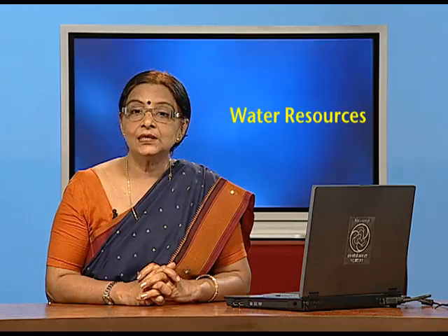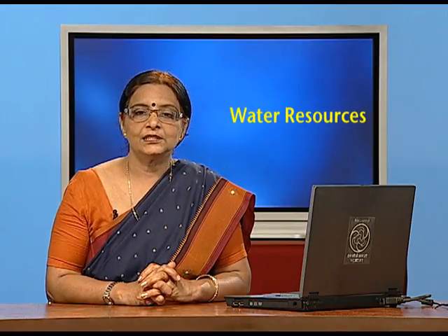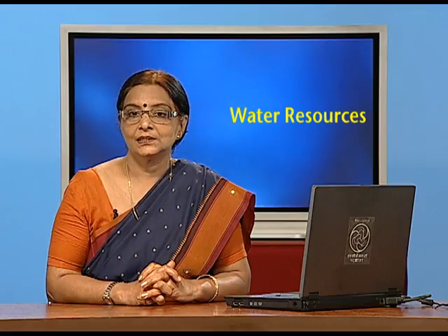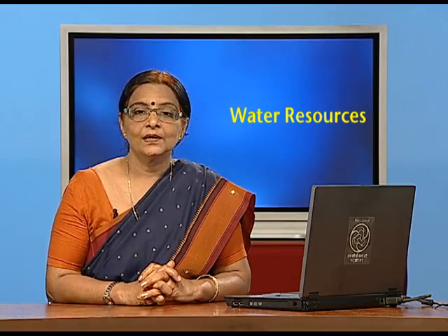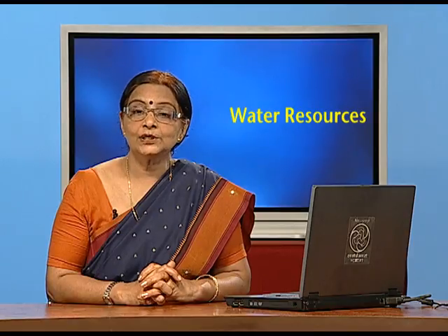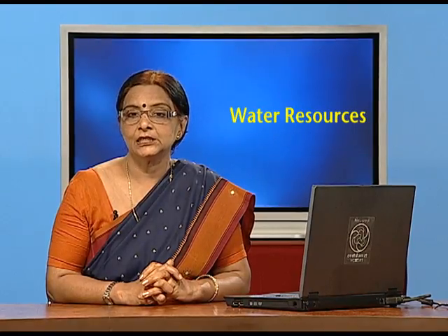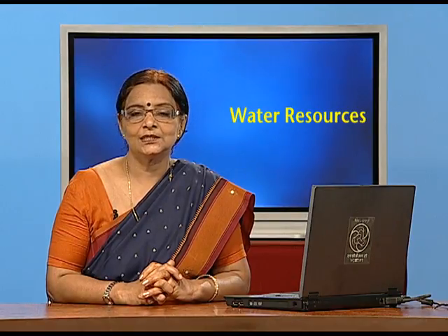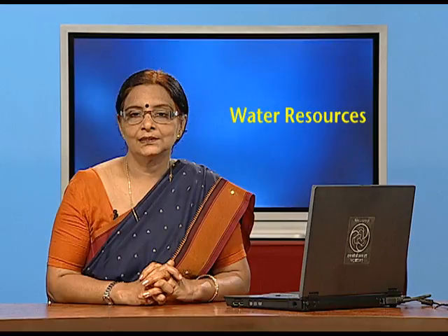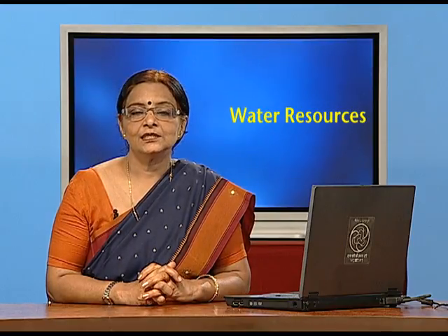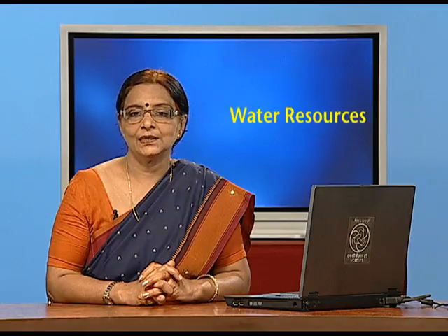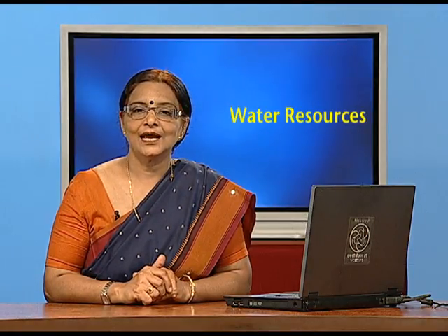So, children, till now what we have discussed under the chapter water resources is the utility of water, why we require water, and the important statistics as far as water is concerned on the planet Earth, because Earth is considered to be the only watery planet, with the result that life is possible on the Earth. Besides that, we have done the surface water and the groundwater as well, and the utility of these two types of water for the various sectors: agricultural sector, industrial sector and domestic sector.